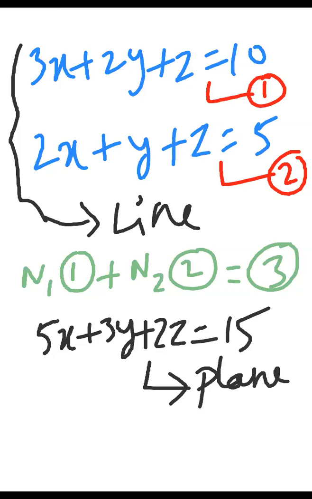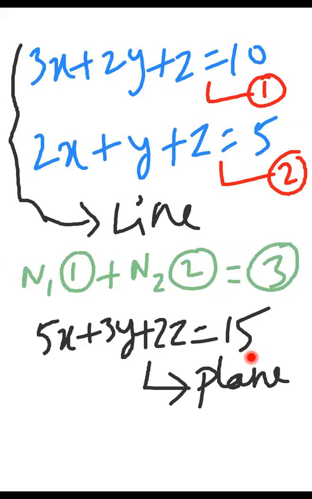Suppose in the case of the GATE exam, if they give you three equations, and any one of the equations is a linear combination of the other two equations, definitely the solution is an infinite number of solutions. Anyway, there you will go by some other method like the rank method or something else. You will calculate the rank, and then finally conclude infinite solutions. But with this type of understanding, you can quickly conclude that the system will have an infinite number of solutions.